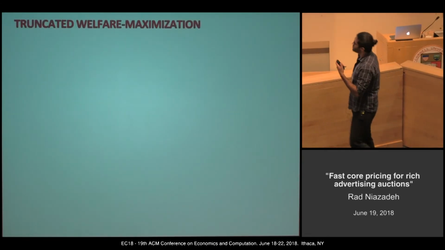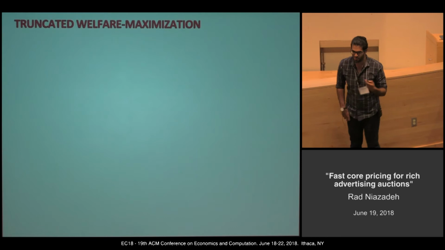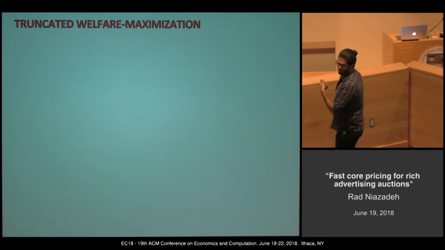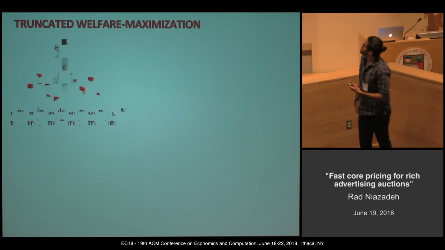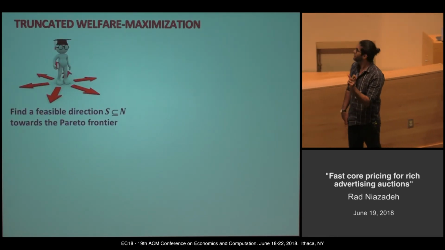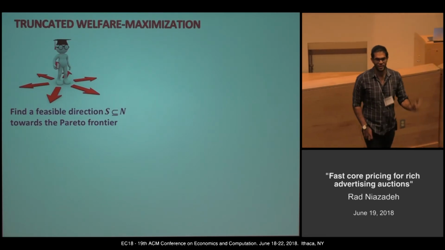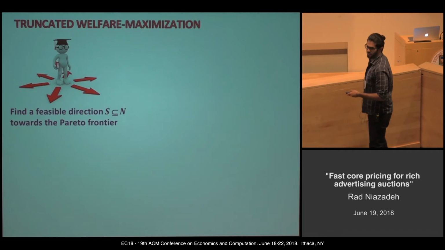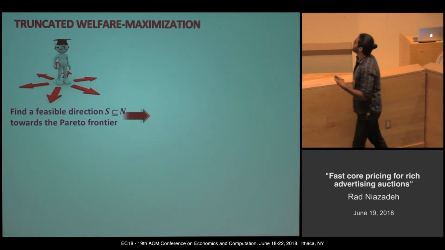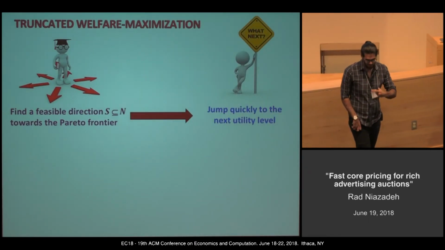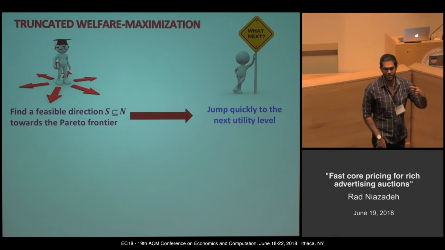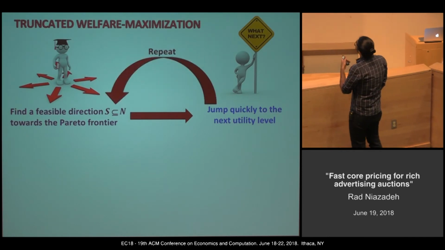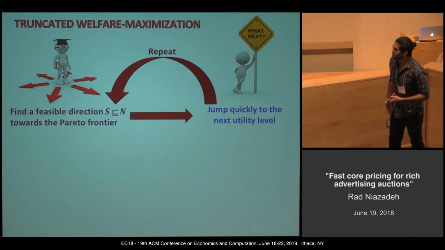However, the issue is, actually, I have to show you how to do 2 tasks in order to make this algorithm implementable. So the first one is how you can find a feasible subset of bidders to move toward the Pareto frontier and still stay in the core. That's the first thing that you have to figure out how to do. And the second is I have to show you how you can jump from one tight constraint to another in a fast fashion. So it turns out that the answer to both of these computational questions will be reduced to